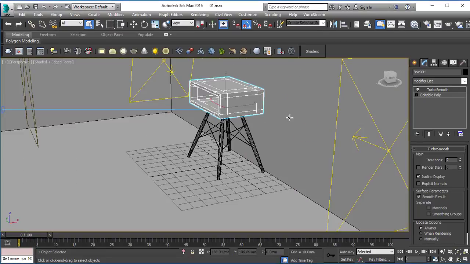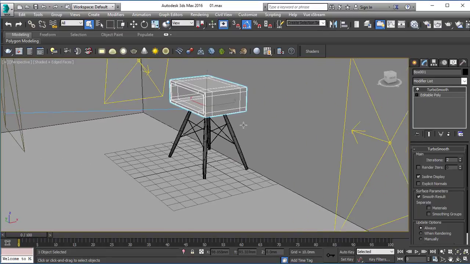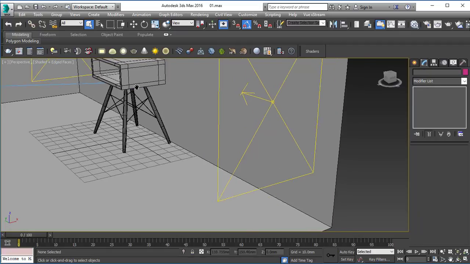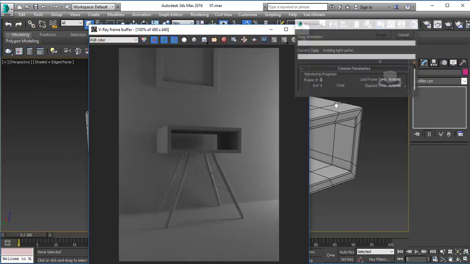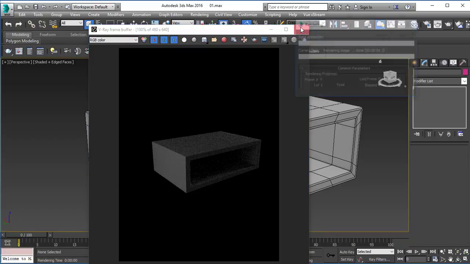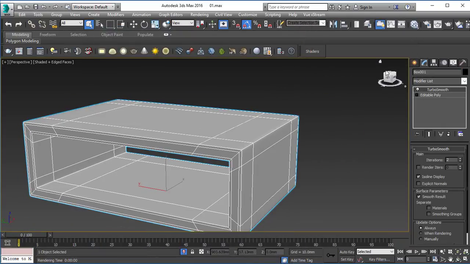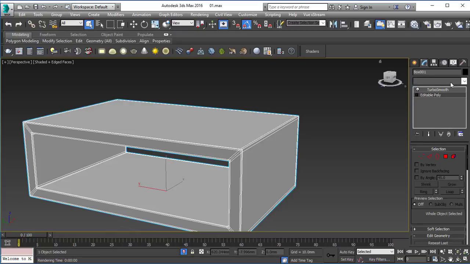So now this is the time when we start applying some materials to our object. First of all, I'm just going to isolate this one, and let me take a render to see if it works in isolation as well. Yeah, it does. So what I'm going to do right now is go to editable poly,